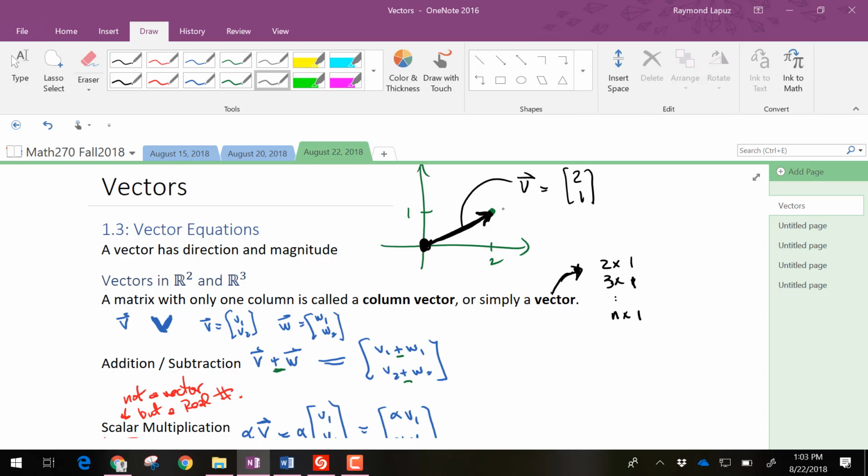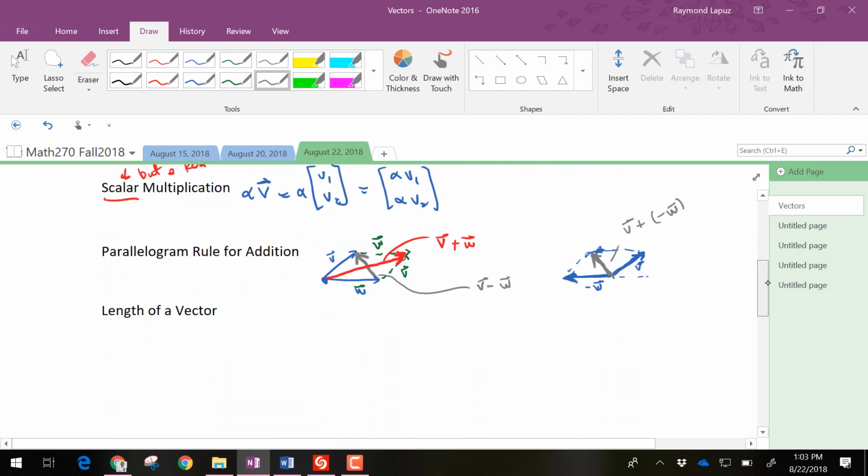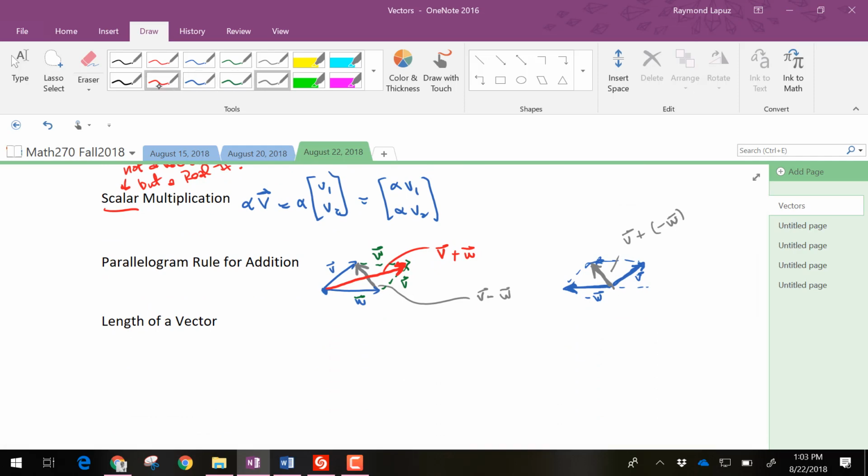So the magnitude is like the distance. So the length is like the magnitude of your vector. And then we denote it by this,